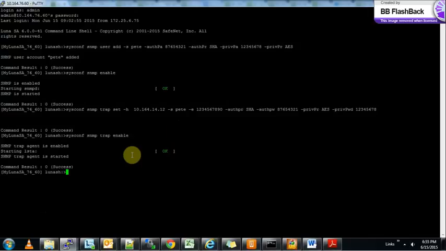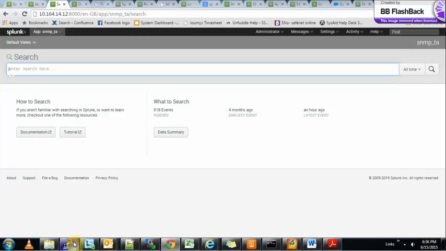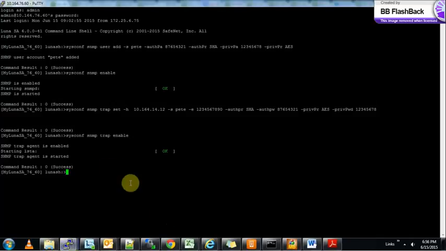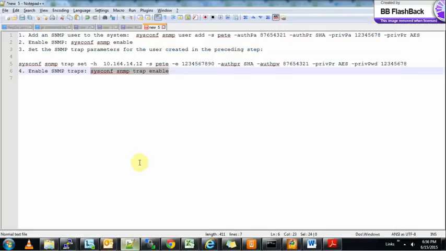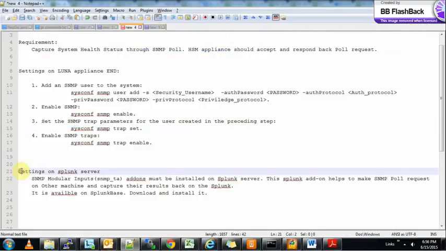These are the 4 basic commands to configure an HSM appliance for SNMP. This device is configurable and the default port of SNMP poll is 161. These are the settings for SNMP. Further settings on Splunk server,